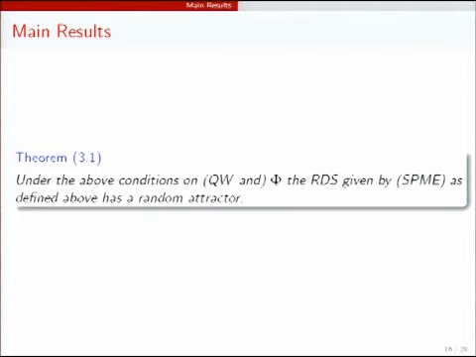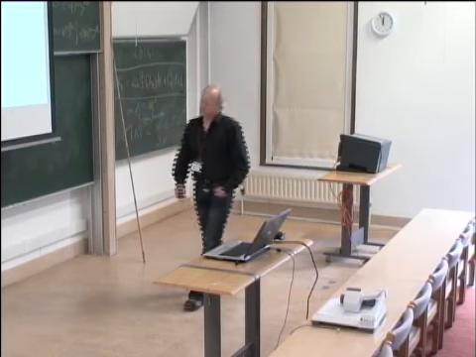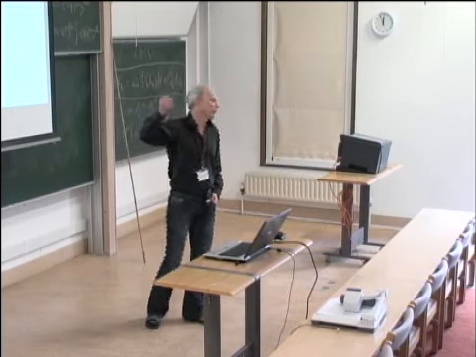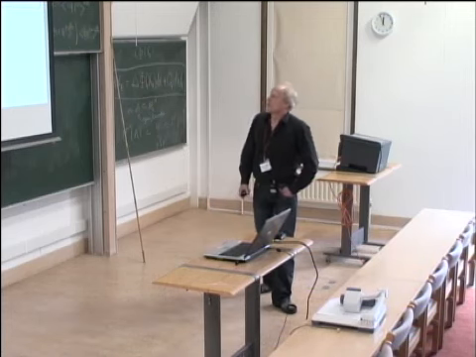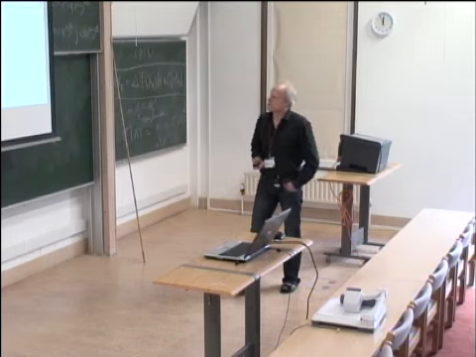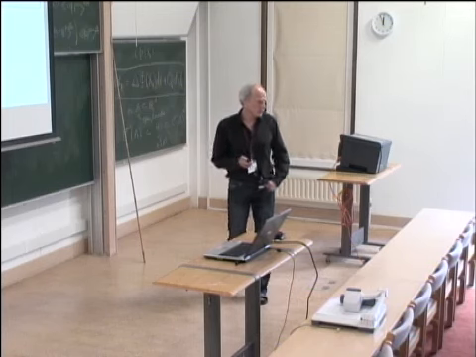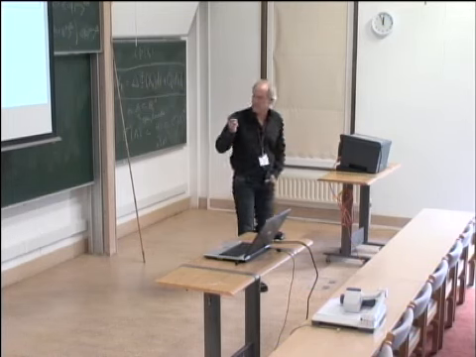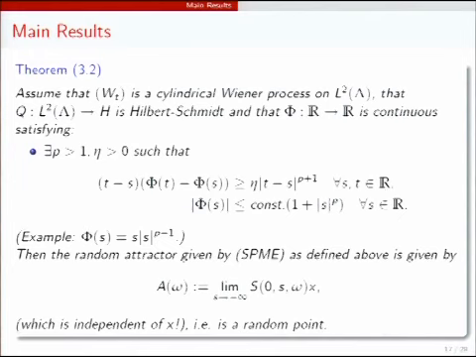And here's the first main theorem under the above conditions on Q, W and phi. Remember the conditions on phi, so strictly positive polynomial growth, and then growth at least like s to the power p plus 1 minus a constant, to have enough coercivity so the solution exists for all times. Now I'm going to give you an idea of proof of this, but we have a second theorem which some of you might be even more interested in: in the special case where phi is this, or more generally, we need the following monotonicity assumption, which is fulfilled in this case.